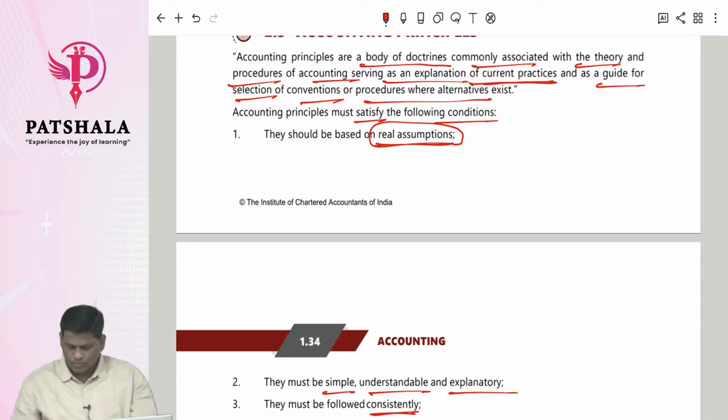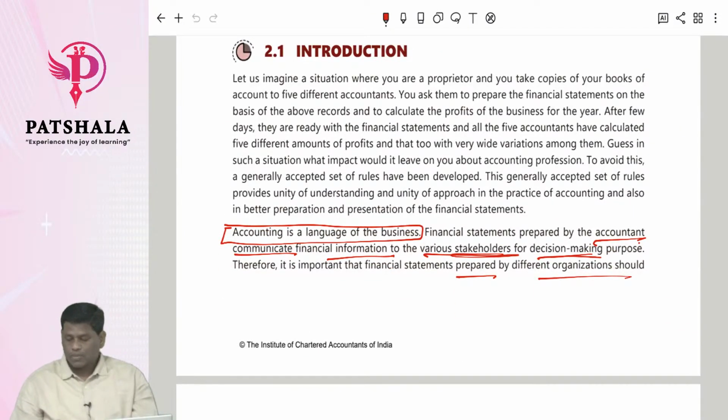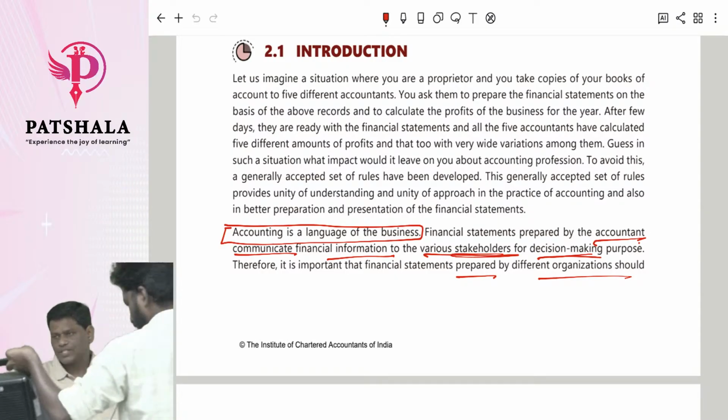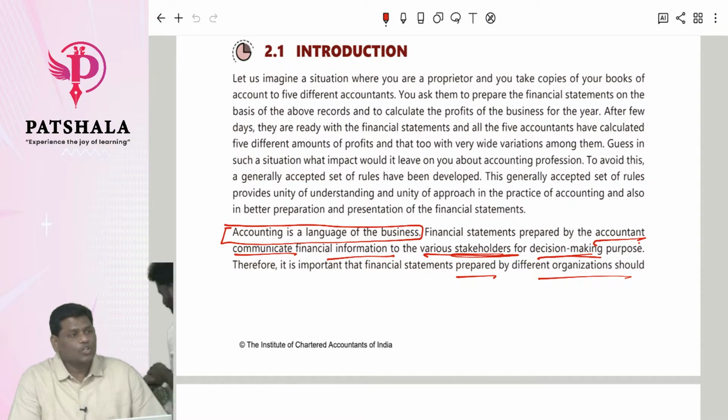Okay? Write some notes. Accounting is generally referred to as a language of business. Full stop. To make the language clear to all,